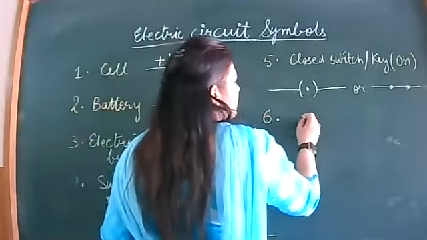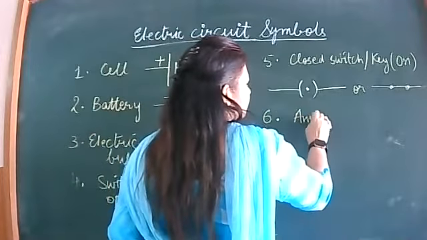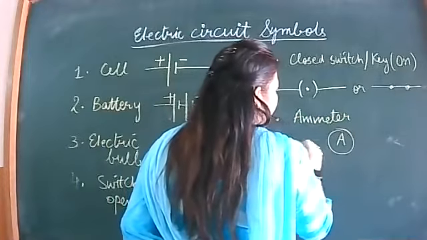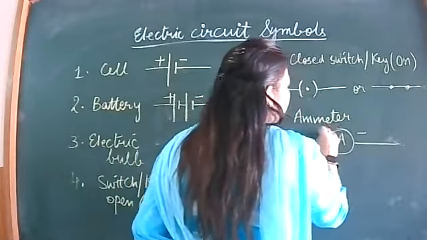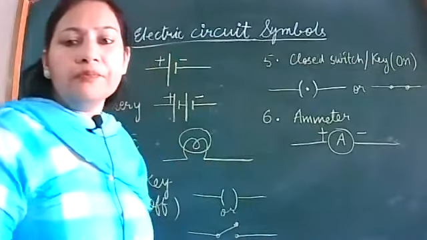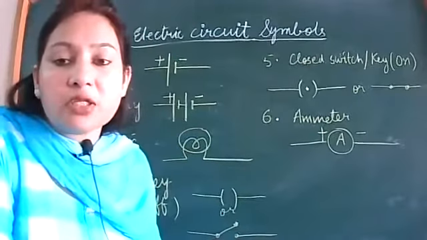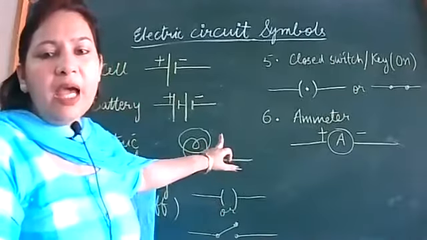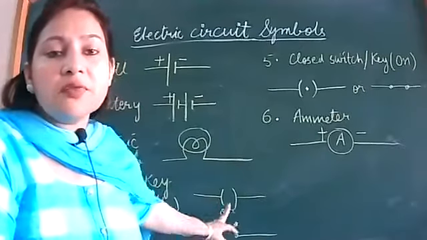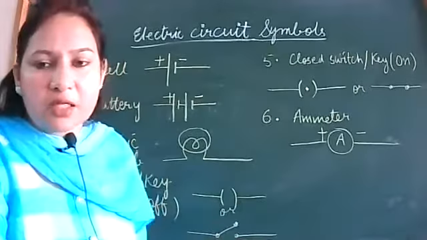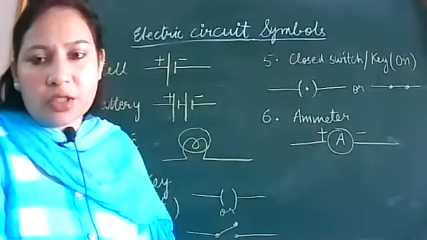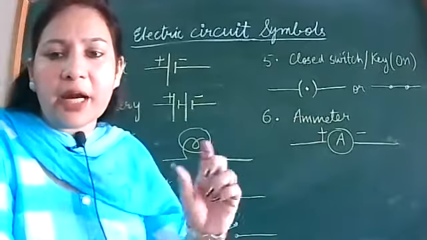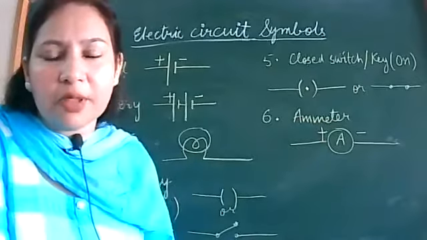Next is the symbol of emitter. Just write A in the circle and this becomes the symbol of emitter. And you know, emitter has 2 terminals, positive and negative terminals. We have not drawn the terminals for bulb and for key. Key or switch, they don't have positive negative terminals. You can connect as you want. But emitter will have 2 terminals as I showed you, red and black, positive and negative terminals.